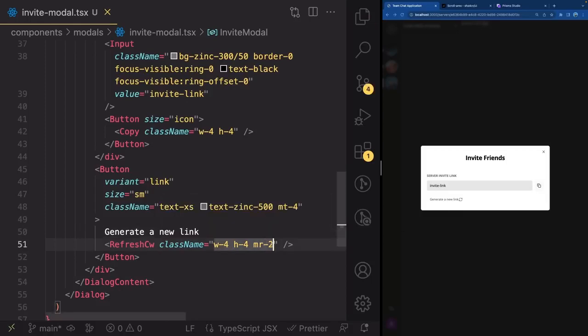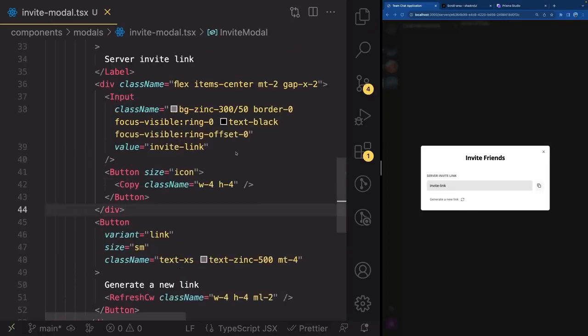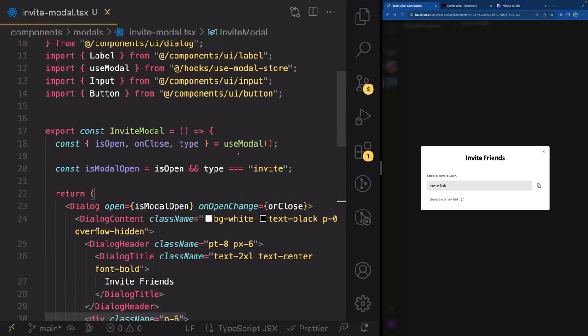Okay. And let's just modify this. So instead of margin right, let's use margin left. There we go. So now it's better. Perfect. So now let's go ahead and create one hook, which we're going to need to read the current